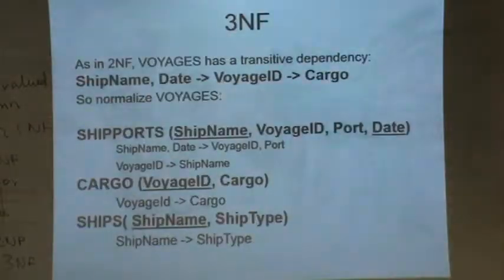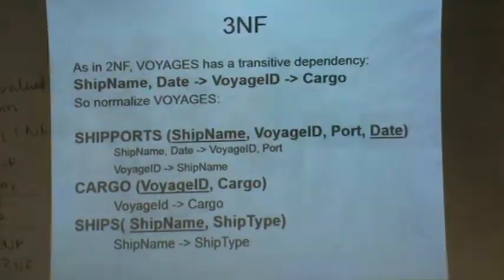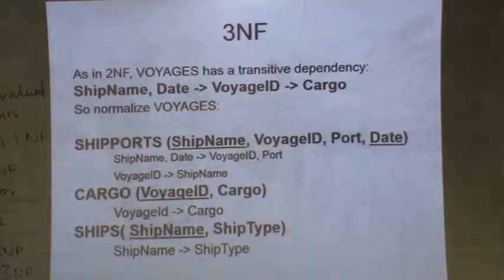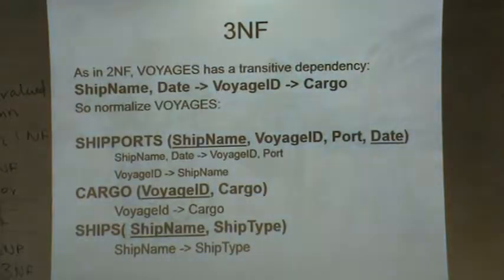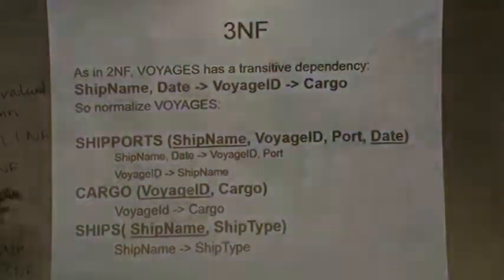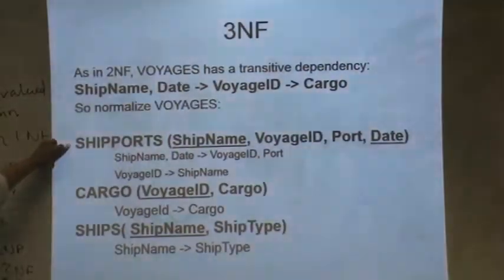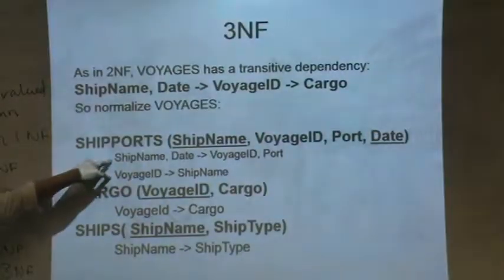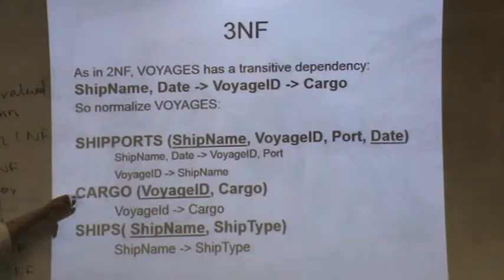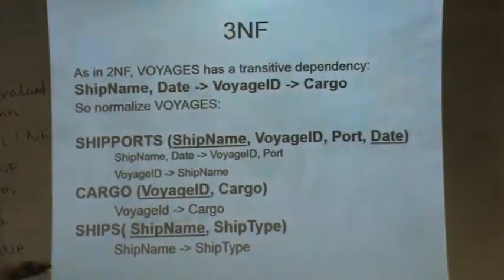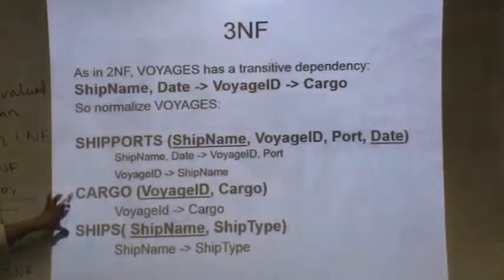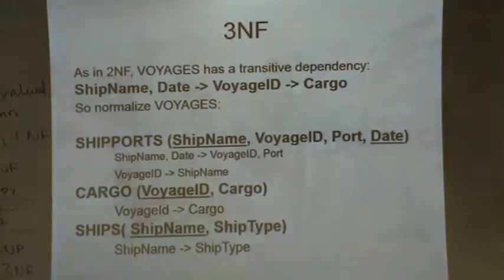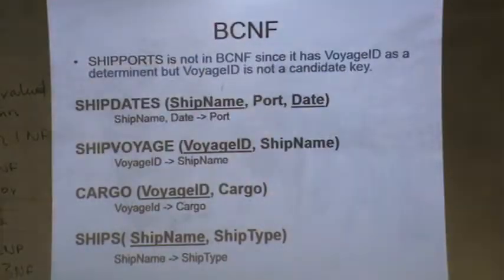From 2NF to 3NF, I'm ultimately converting from 2 tables into 3 tables. Sometimes it can be 4 tables, but as my dependency was only 3, I'm supposed to do it in 3 tables. So now you have ship ports, which has 2 of the dependencies together, and when I separate the rest of the 2 dependencies, I'll have cargo and ships in a separate table. I hope that's clear. Now for BCNF,